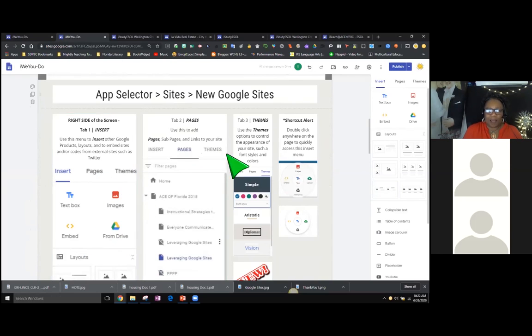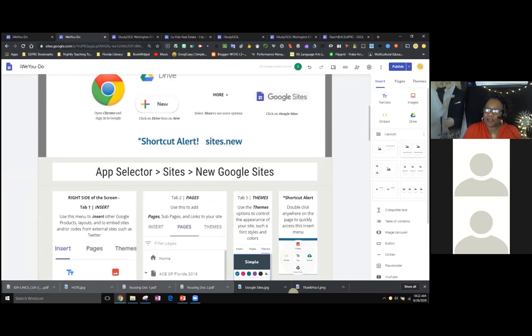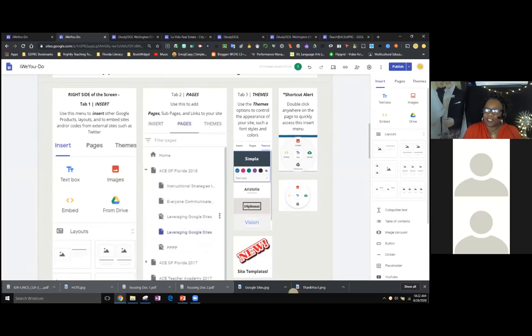This would be the tab. And actually on the right-hand side of my screen, you're looking at the insert tab.